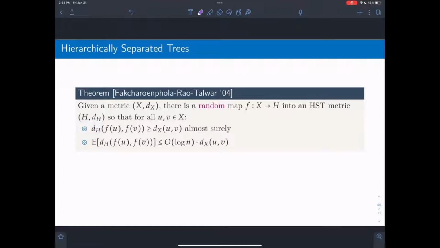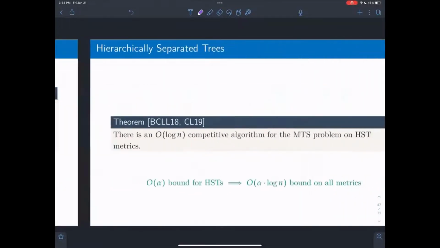An implication of this theorem is that if we can find an order alpha competitive algorithm for HSTs, we would then obtain an order alpha times log-n competitive algorithm for any metric by just using a black box reduction to this theorem. And in fact, this is how